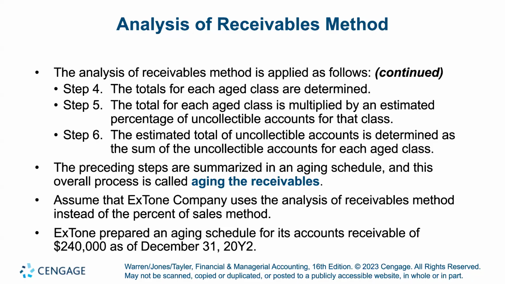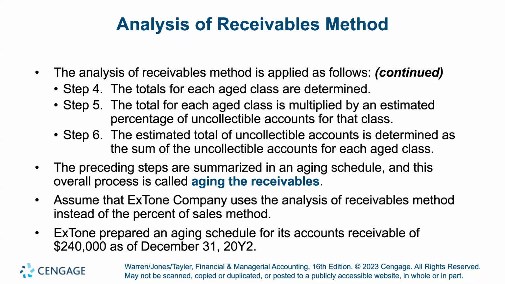And then there's one more quirk with it, which will throw you off, which is why it's important. This is why I saved the second day for just looking at this. When we did the first method, which was the percent of sales method, all we did was figure out the amount, took the percent times the sales, and then we debited or credited that to the allowance for doubtful accounts. So here we credited it.